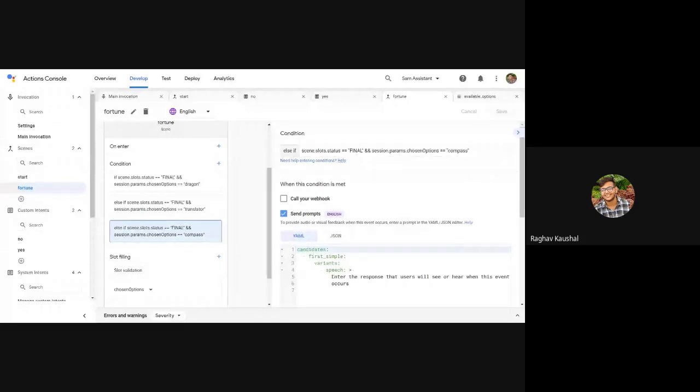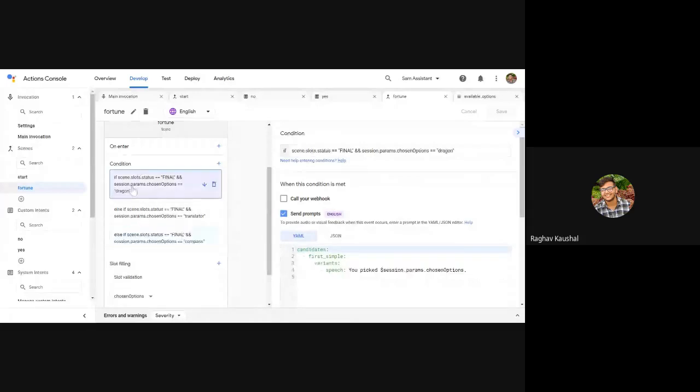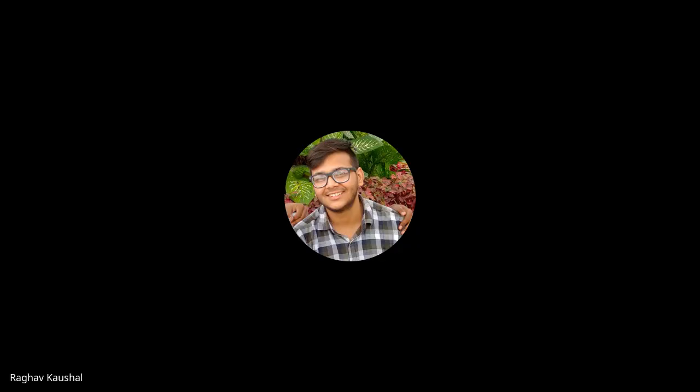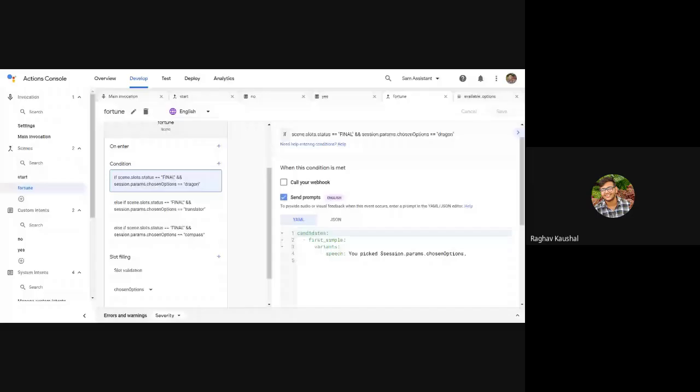Continuing, so we have added, okay, for dragon, let's go to dragon. So what have we written? That if a user chose a dragon, then it will show "you picked a dragon". So let's change it. If the user has chosen a dragon, it's similar to one of the cards being our dragon, no? So if they have chosen this card with the number 1 and heart, do this. So for dragon, we will tell his fortune here.